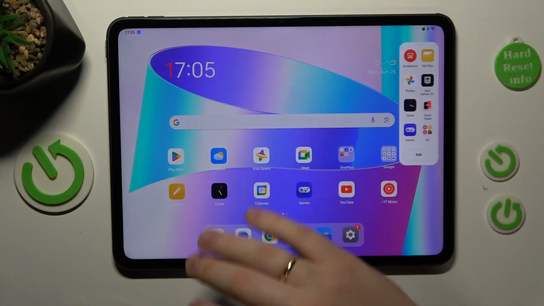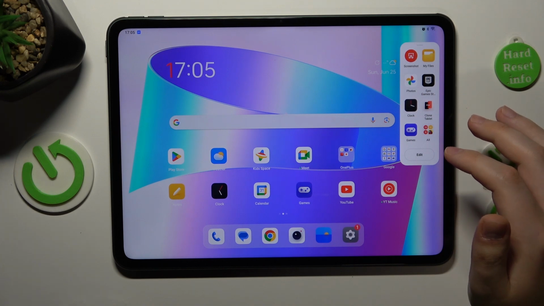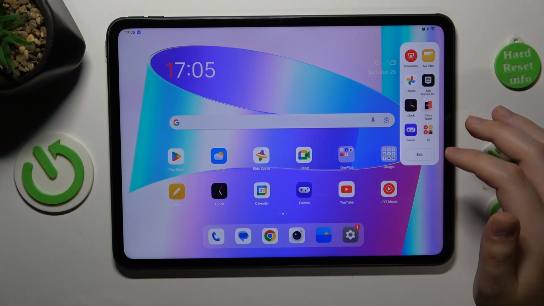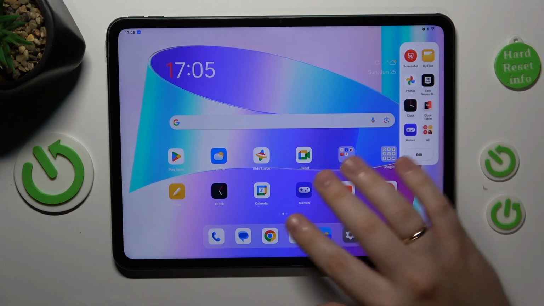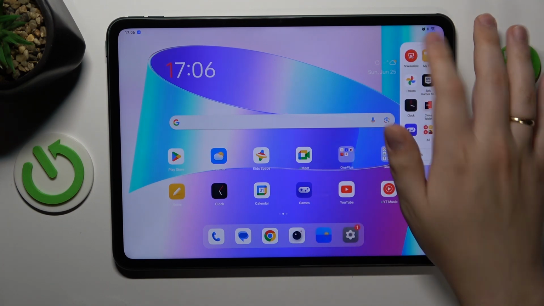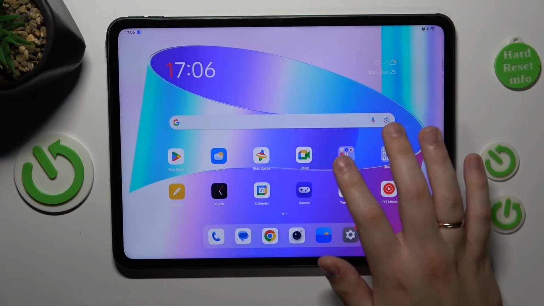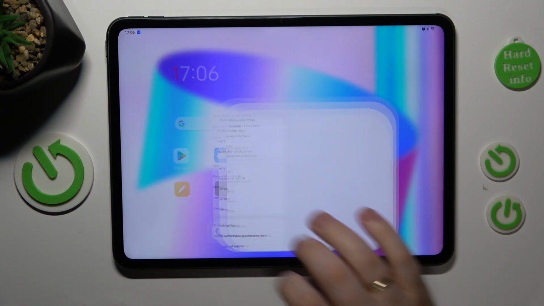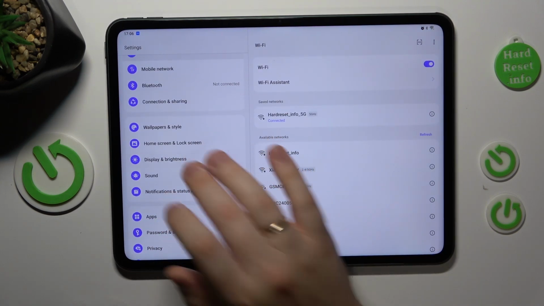So a very convenient feature to have, which allows you to access the most important and frequently used apps without having to open the home screen at all. The next option, you can find it at display category, so let's launch settings, enter the display and brightness